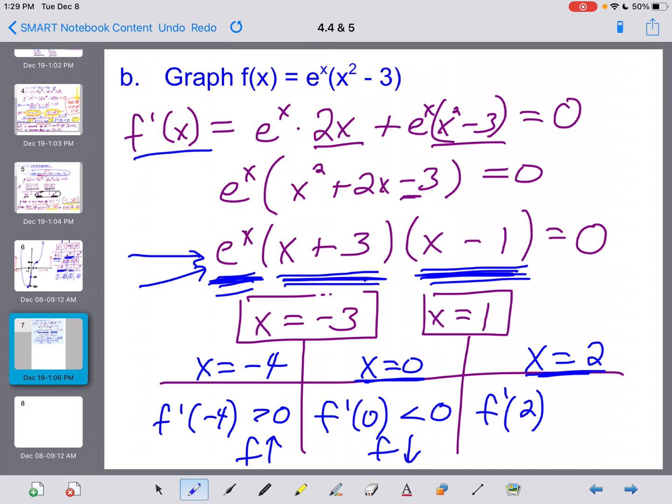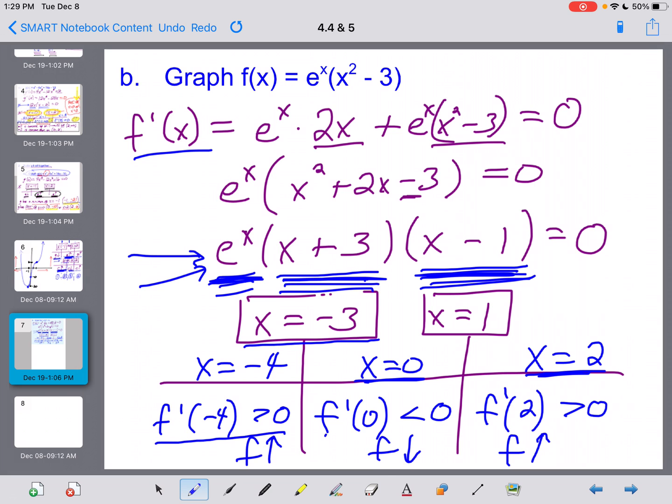E to the second is positive. 2 plus 3 is positive. 2 minus 1, positive as well. Positive times positive times positive, last I checked, is positive, and that means that our function is going to increase right here. So reading this sign chart, everybody, at this critical value of x equals negative 3, our first derivative